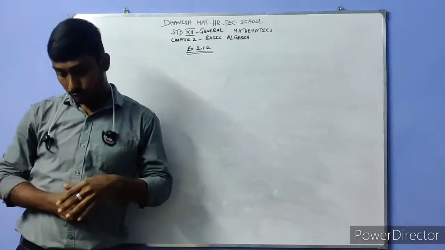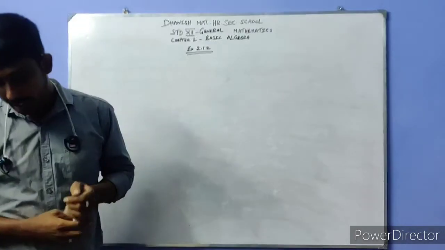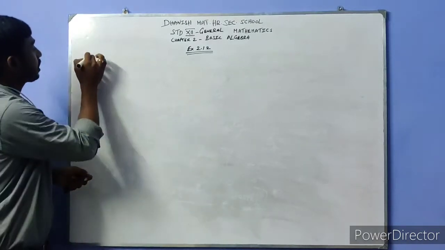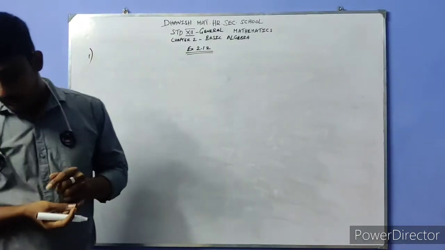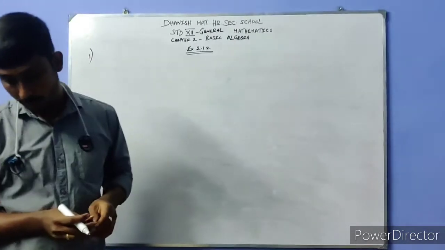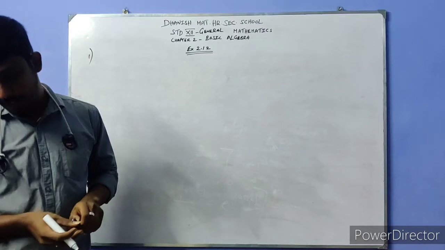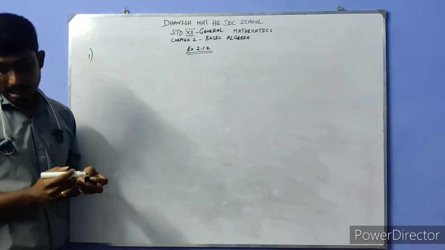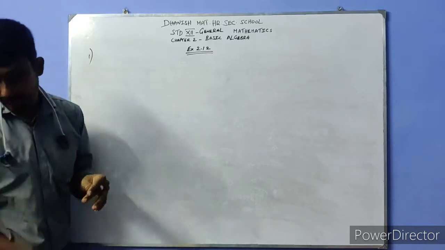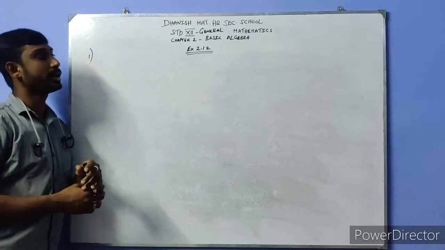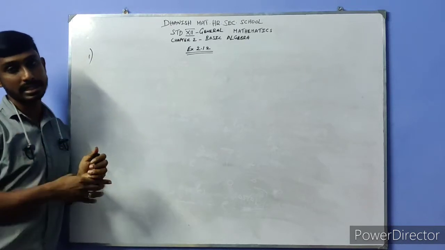Let's take your books, students. So let's read the question. Let b be greater than 0 and b not equal to 1, y equals b power of x. Express in logarithmic form. Also state the domain and range of the logarithmic function. We already studied what is meant by domain and what is meant by range in the previous exercises.